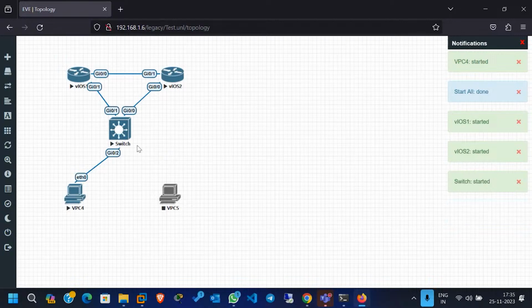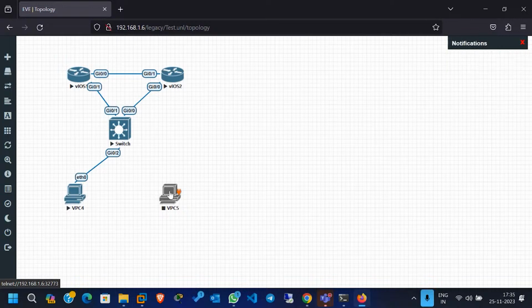But now all these devices are in the on state, but VPC5 is in the off state. So you can see when I'm putting my cursor on VPC5, the orange cable icon is blinking up. So I can connect this with any of the devices. But let's say if I want to connect it to the switch, but on the switch, there is no cable option which is blinking up. So if I try to connect here, you can see that the connectivity, it is showing you that it is established, but